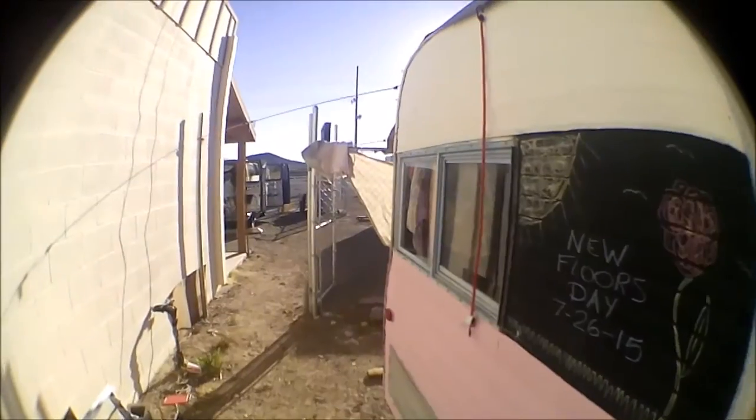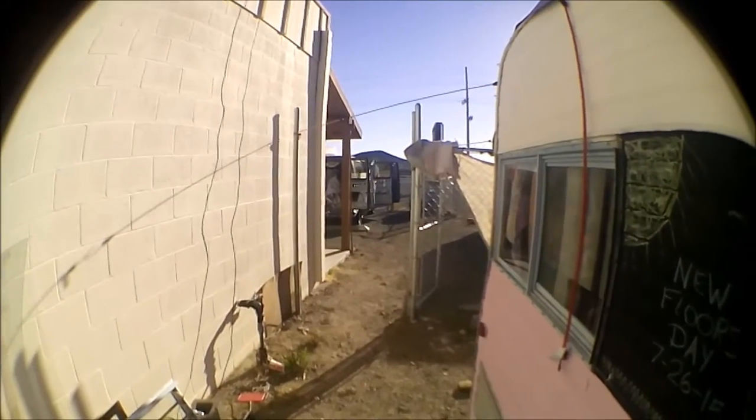So anyway, I took everything out of the trailer, put it back in the van over there, just kind of threw it in, and I'm getting new floors. All this is going to be pulled up, plywood and all, and I've got the guy that's going to help me do it today, Kyle, little hottie, is going to help me take out the bed because the bed frame is not attached to anything. It's just sitting there. And I didn't turn my phone down again, dang it. And then the rug is just sitting there, so